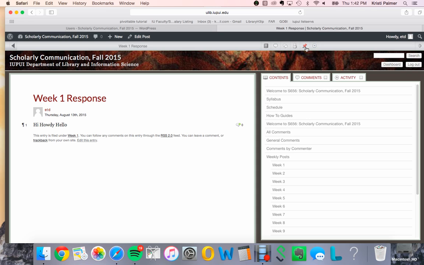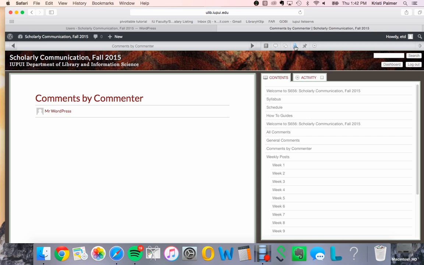The navigation bar up here, if you just hover over, it'll let you know what you will find by clicking on those items. The comments by commenter can be useful because you will need to be commenting on 5 of your fellow students' works per week. This can help you make sure that you've fulfilled your 5